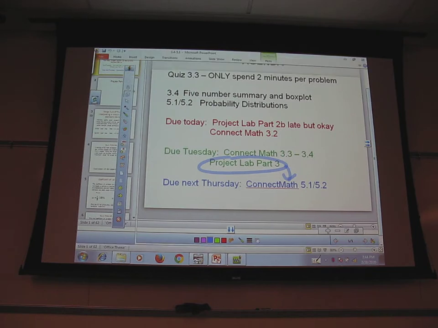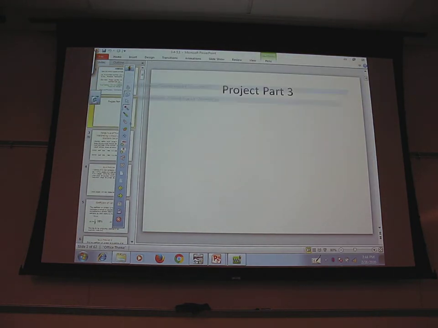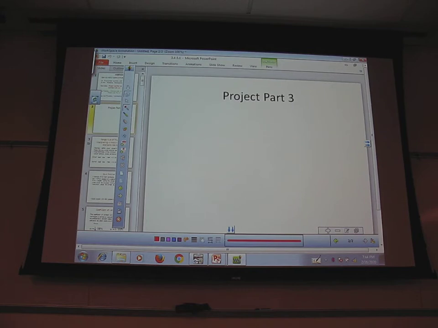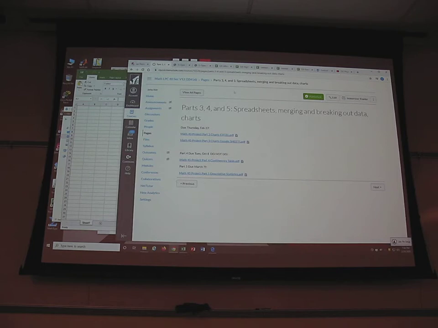So speaking of Project Part 3, let's take a quick look at it. First of all, it is here under Projects Part 3, 4, and 5. If you use Excel, pick the Excel one. If you're using Sheets, do the Sheets one. I'm going to go through the Excel one today because I did the Sheets one on the last video, so then I'll do the Excel one on this video so people can have both of them on video at some point, which means that I'm likely to mess up somewhere. But if you look at your instructions for that,